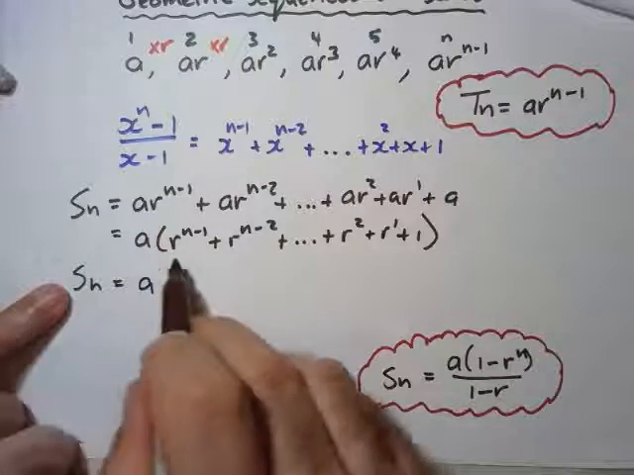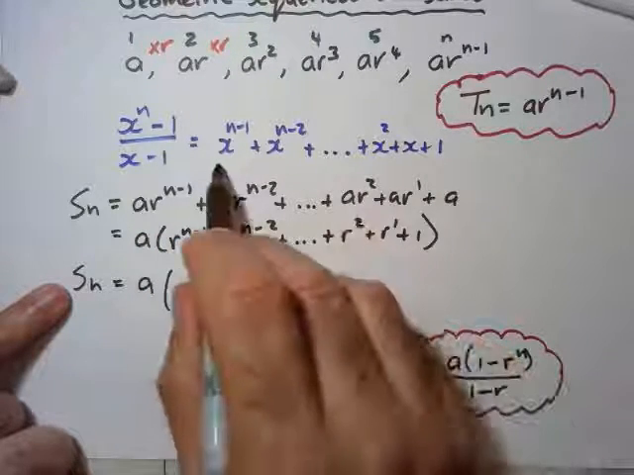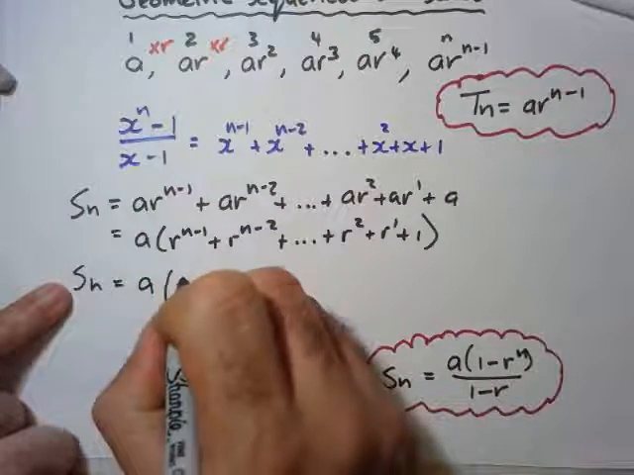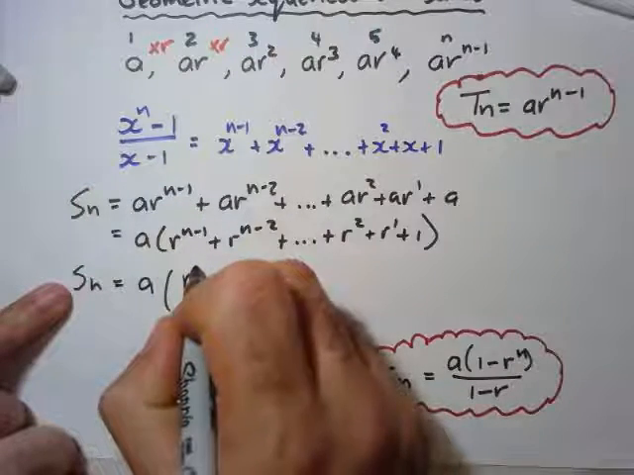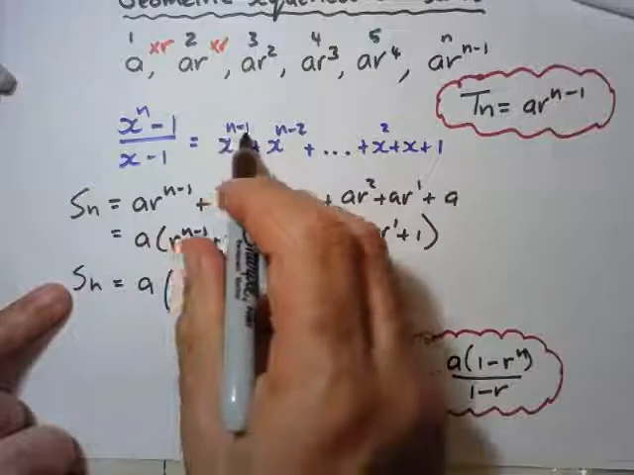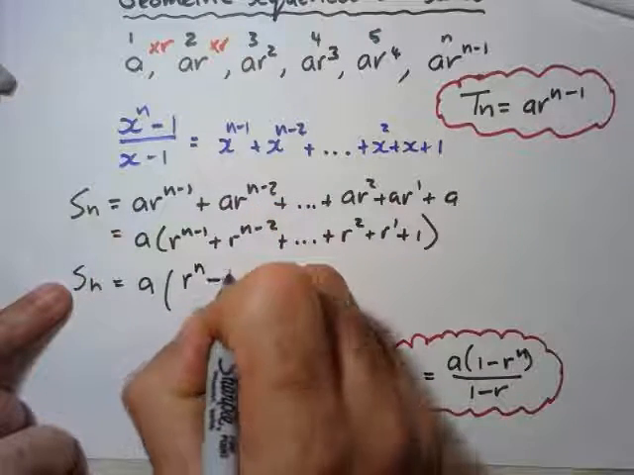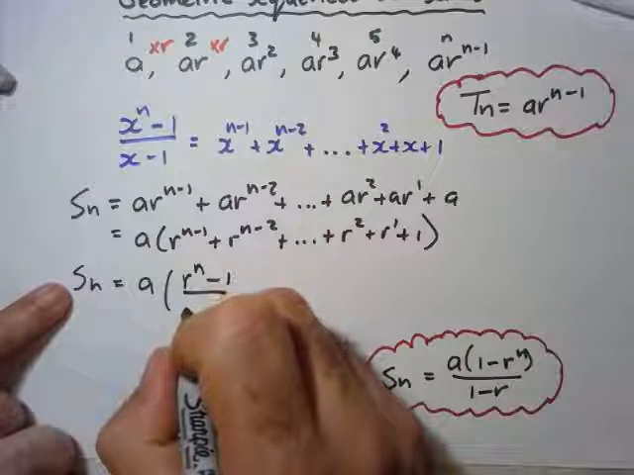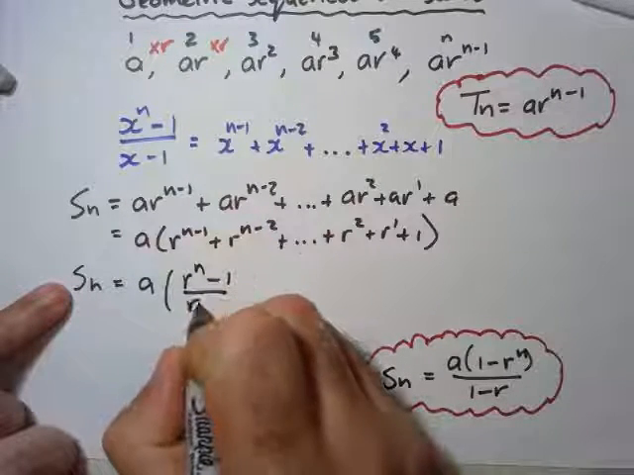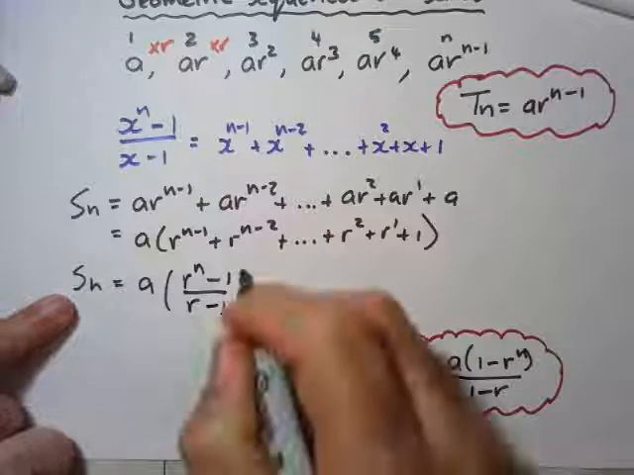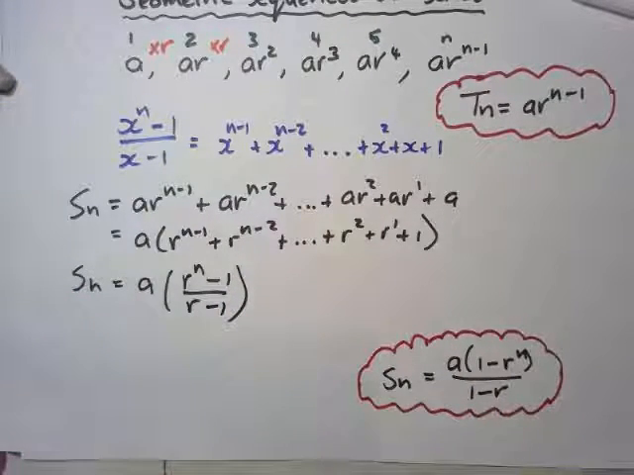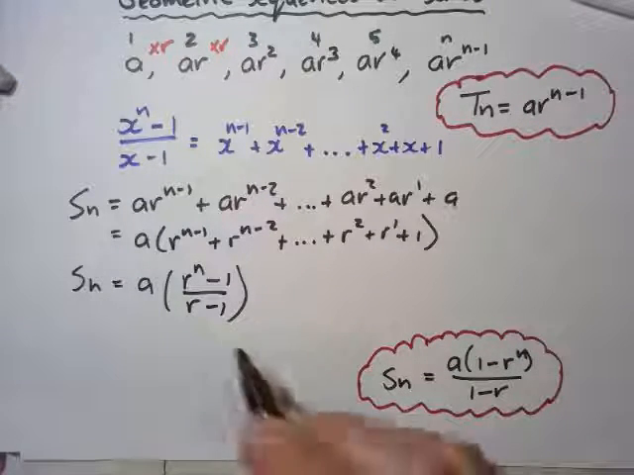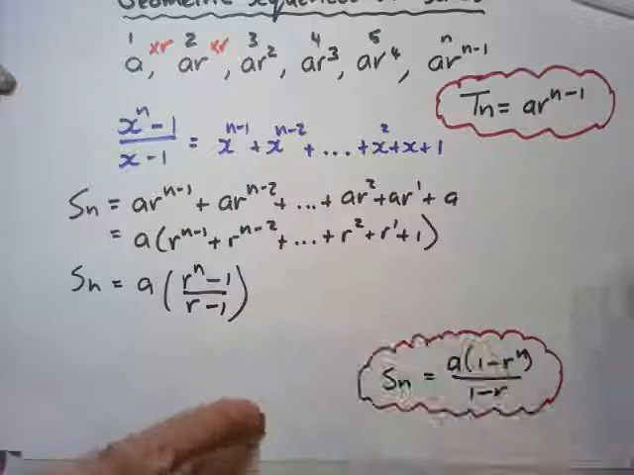this, which looks exactly the same as that polynomial, with r instead of x. That would be r^n minus 1, divided by r minus 1. Now, what's the difference between this formula and the earlier one? The only difference is that you can use either of the two. This one we're going to use